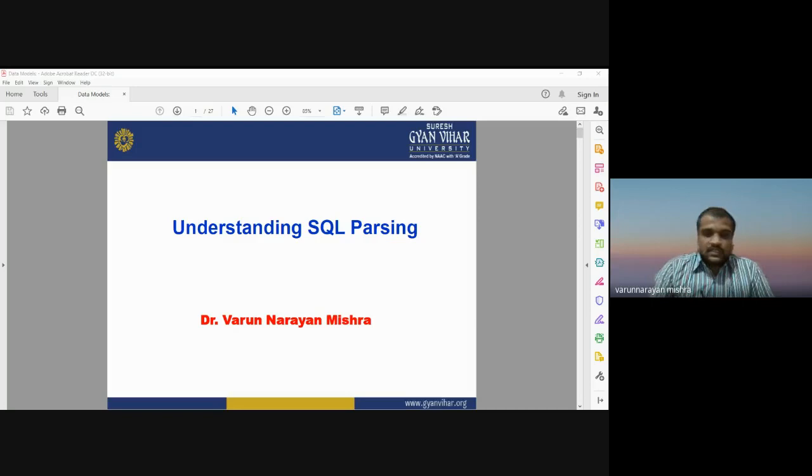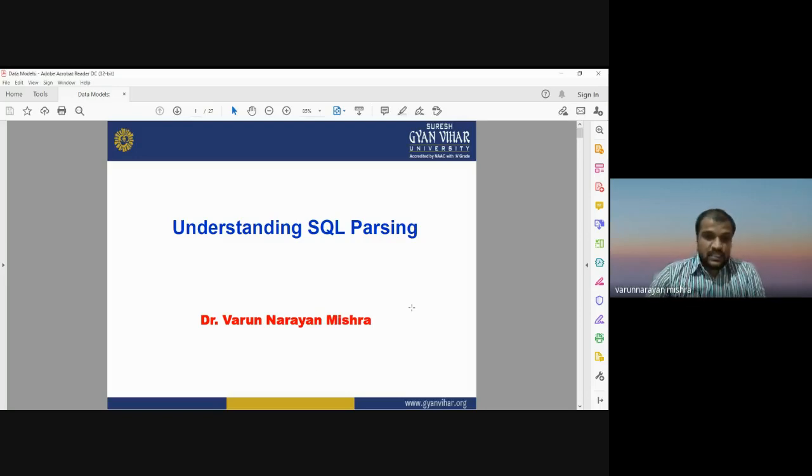In the previous classes, we have discussed SQL processing, different commands, and different facilities provided by SQL. SQL is basically a structured query language that is used to process queries to retrieve information from our database. But how does it work, and what are the processes behind this kind of query on our database? That can be understood by SQL parsing. SQL parsing tells us the way in which SQL works to retrieve the information from the database.